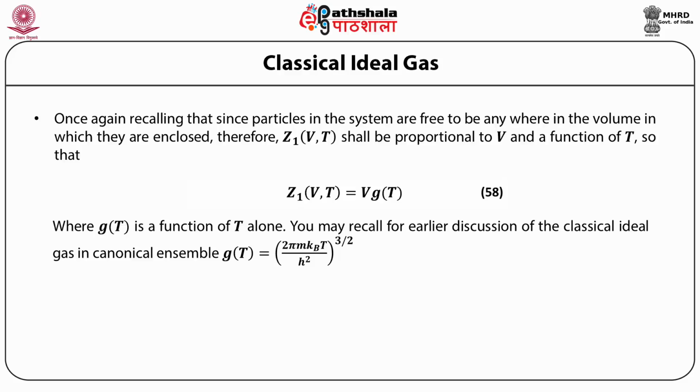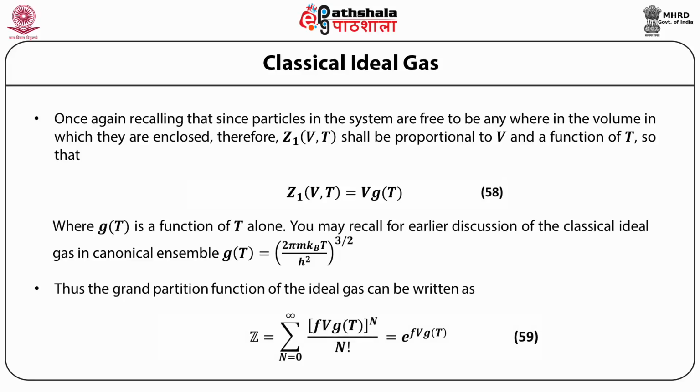You may recall from the earlier discussion of the classical ideal gas in the canonical ensemble, g(T) was equal to (2πmk_BT/h²)^{3/2}. Thus, the grand partition function of the ideal gas can be written as Z is equal to the summation over N = 0 to infinity of (fVg(T))^N / N!,